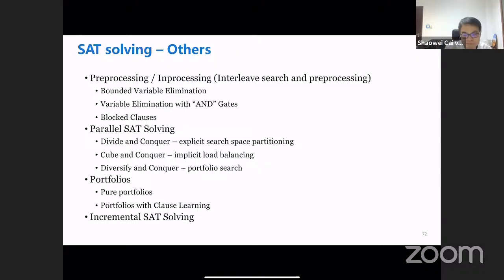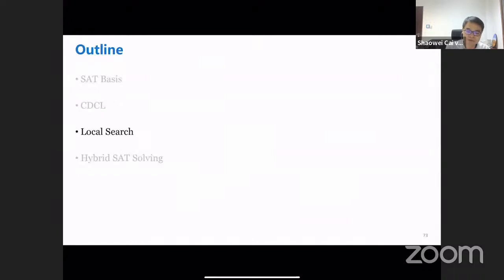Okay, there are many other things about CDCL and pre-processing, the techniques used in pre-processing and in-processing. In-processing is also a technique in CDCL, but I have to move on. And parallel SAT solving, about cube and conquer, especially this one, and also portfolio, and incremental SAT solving, which is to deal with a series of SAT instances where each formula is modified from the last one. But I will now move on to the